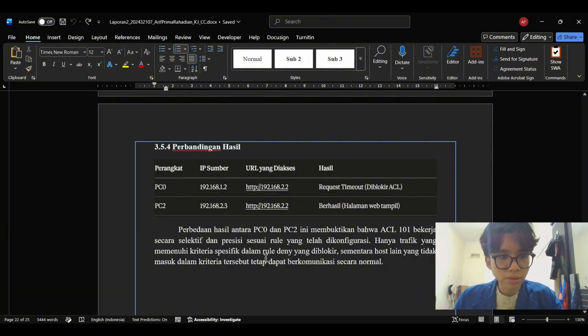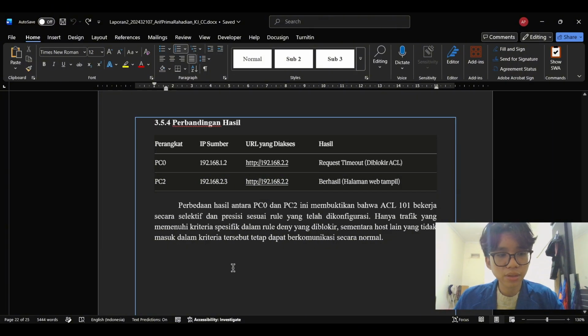The moment a matching rule is found, that action is executed and the process stops. This is why rule order matters so much. If the permit ip any any had been placed before the deny rules, every packet would have matched it first and none of the deny rules would ever be reached.